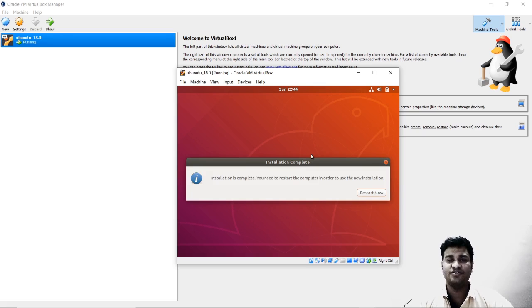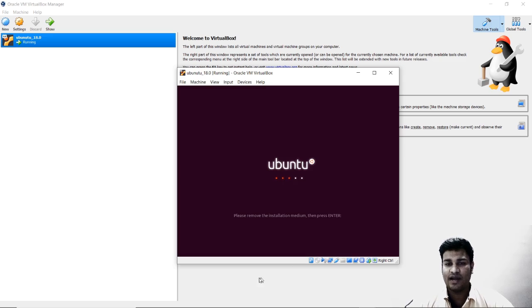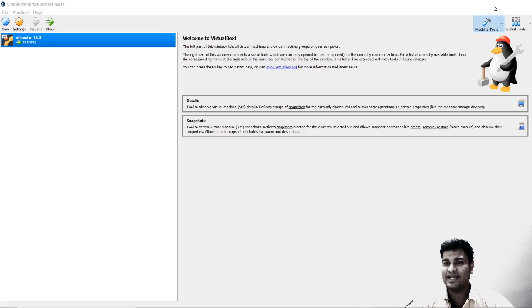As the installation process completes, you will see a window which will look something like this, and just say restart now. There is one thing which you need to make sure of: you need to remove the installation medium and then press enter. Why is this there?